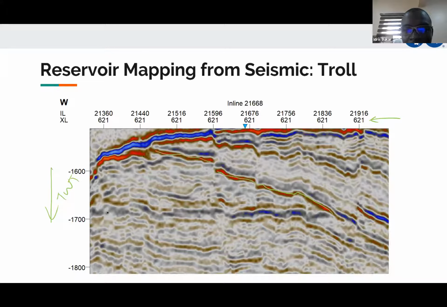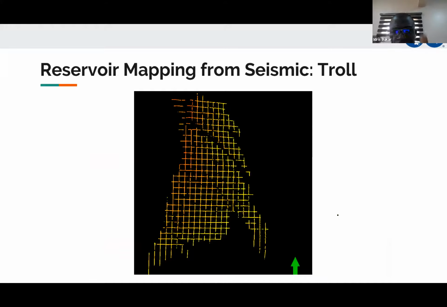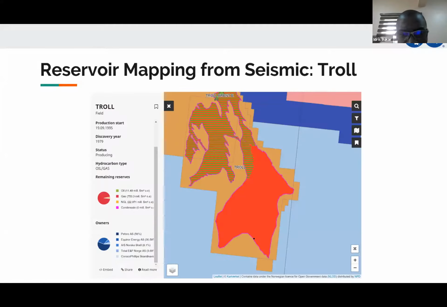And this is the fluid contact, right? So you go this way, and then when you do this throughout the data set, as much as you can follow it, you begin to get a sort of interpretation like this when you look at it from the top, okay? And the shape begins to appear of the Troll field map that we're trying to map here. The shape starts to emerge, okay?